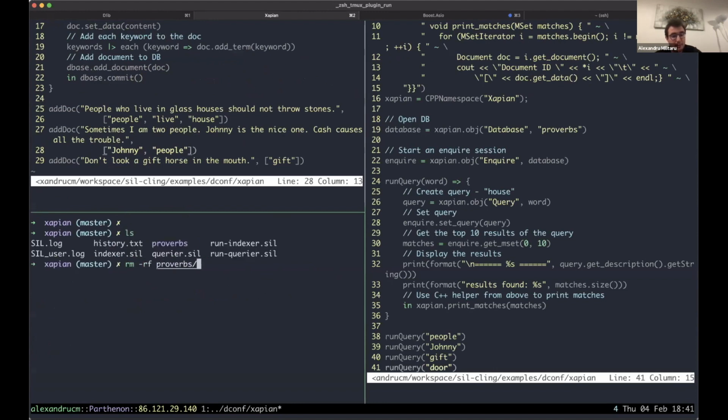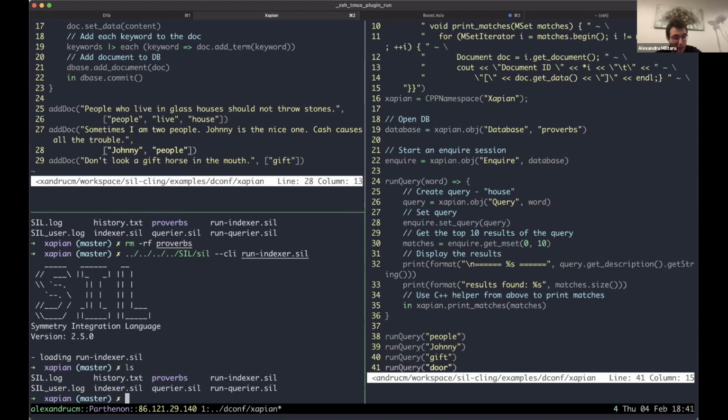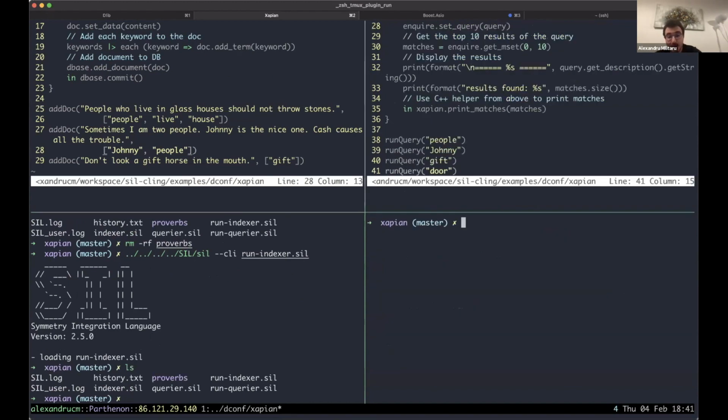First, let's remove this database, and let's call the index search script. Once it runs, a database is created. And now if we run the query script,